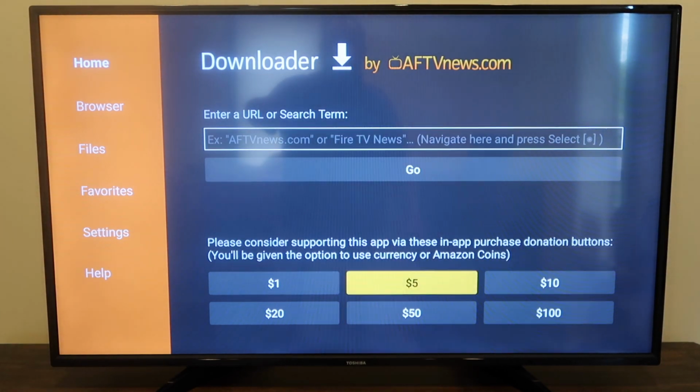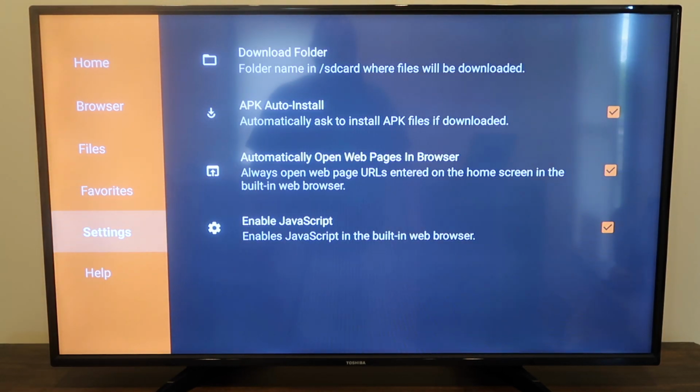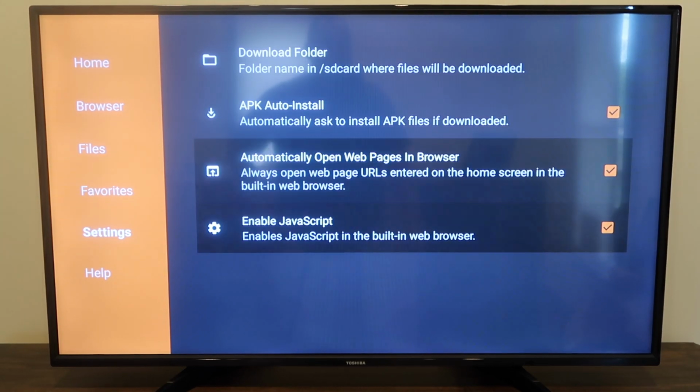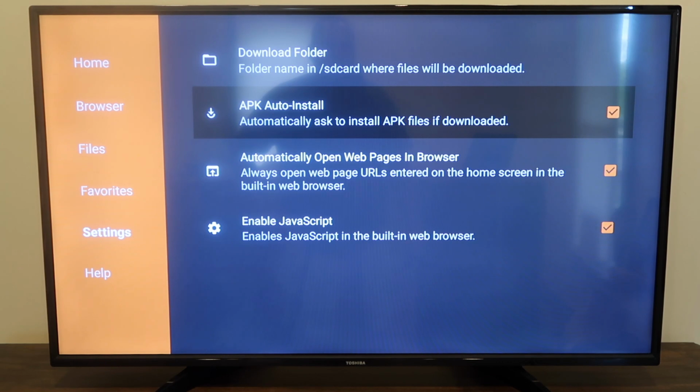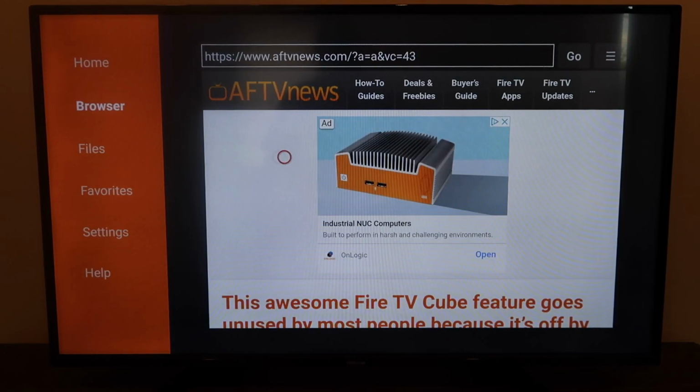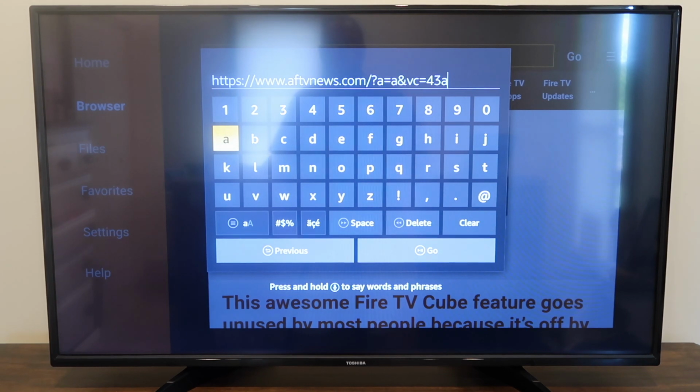Okay, so from this screen here, you're going to want to go over to this side menu bar and go down to settings, right there on settings, and just make sure that these three options are selected and have a check mark just like that. And then you're going to go ahead and go back over to browser. Okay, so you're going to want to get your remote, and as you can see there's a circle there that's kind of like a mouse cursor, but you're going to want to go to that address bar there. Okay, so you'll click on that